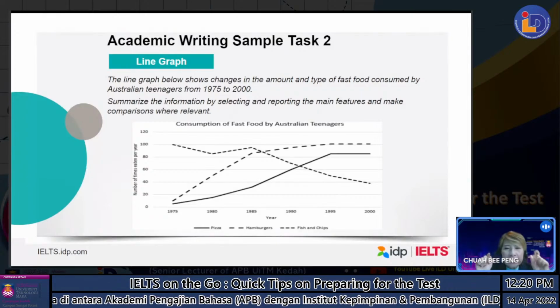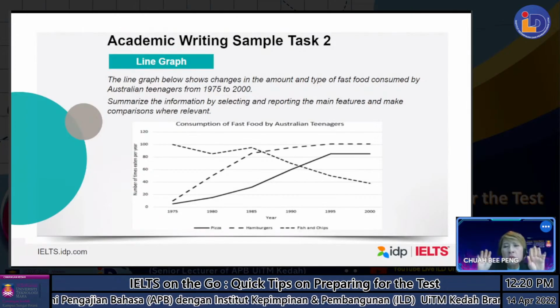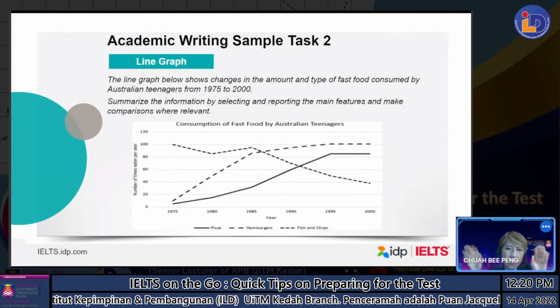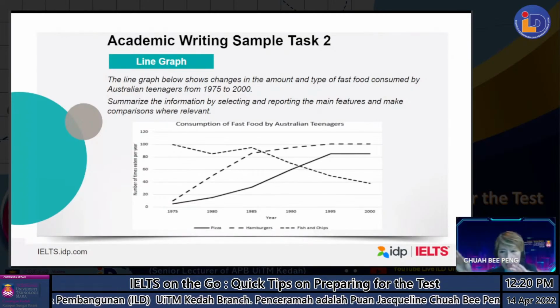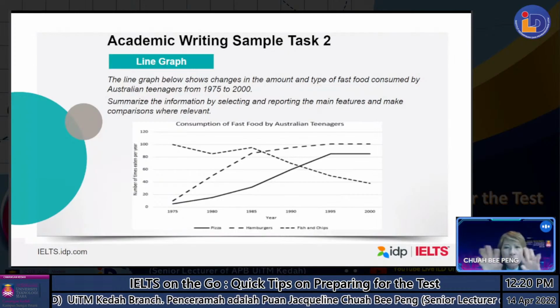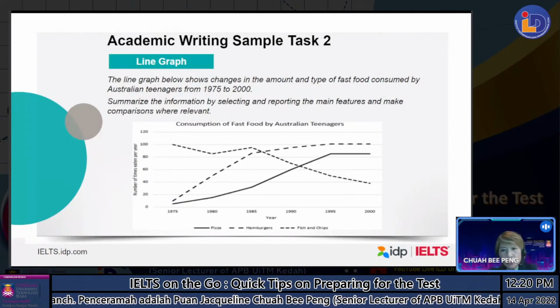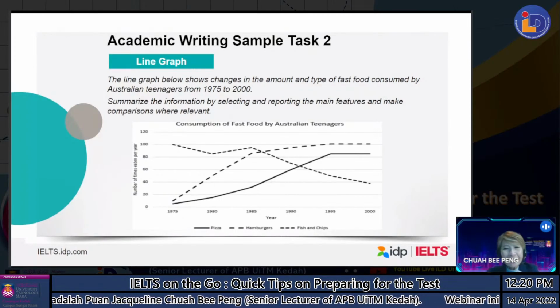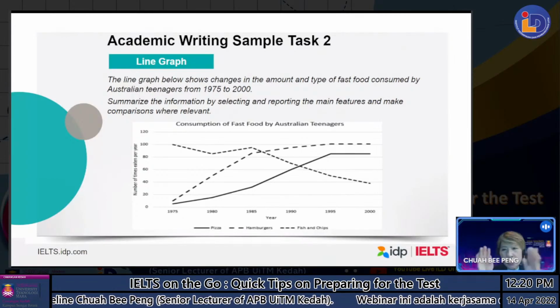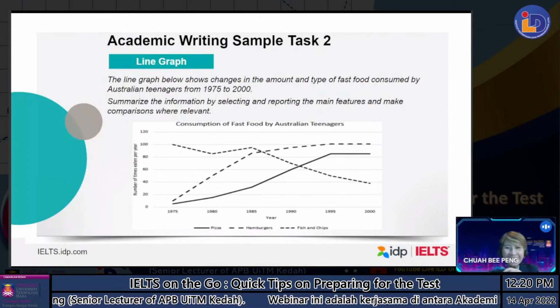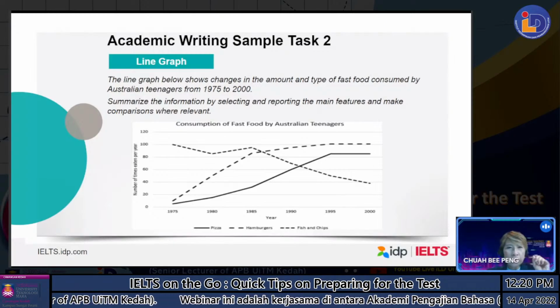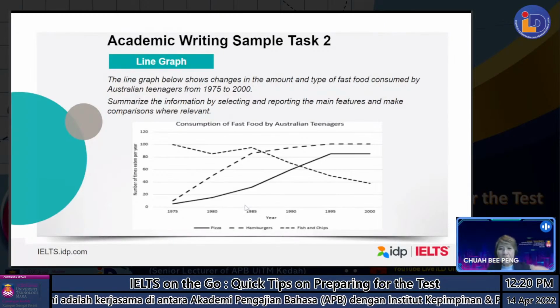All right. In this 150 words, don't waste your energy and time to justify, to say, in my humble opinion, or not so humble opinion, this is this. No agree or disagree. That one you leave to Task 2. This one is very straightforward. What you see, you write. Don't speculate why people eat more fish, why people don't eat that much hamburger.